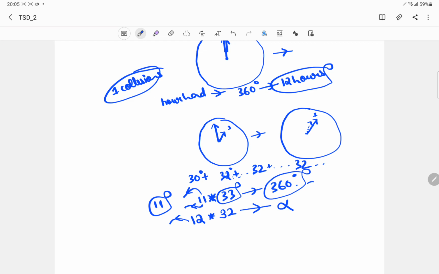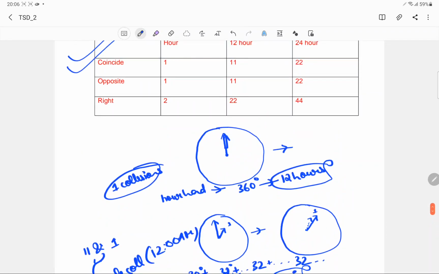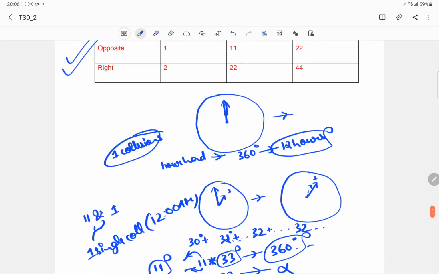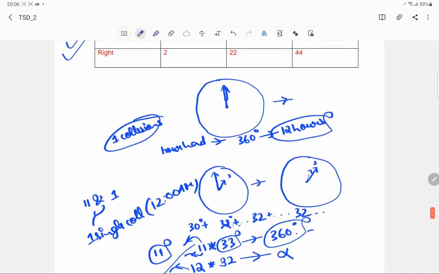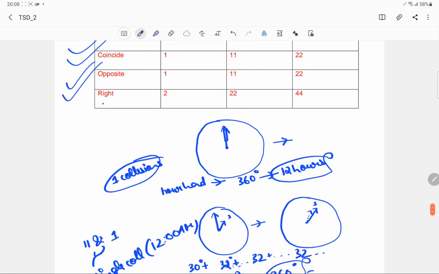And this is actually happening because, see, between 11 and 1 there is actually one single collision, and that is at 12 a.m. Okay, so that is the logic. If you are getting it, good, but you should at least memorize this, because they'll ask you directly. Okay, this is the logic. And similar is the case for this 90 degrees, for the right angle.